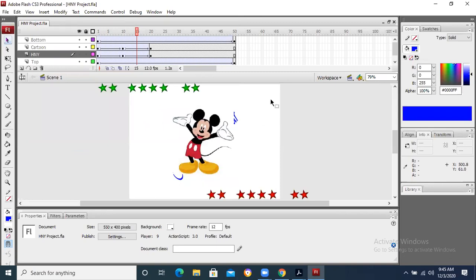You can try your own, try a good design of borders, take some object, any character, even your photo with the white background. Otherwise you will have to remove the background in Adobe Photoshop. You can design a Happy New Year poster just like this animated poster, and then you can publish it on social media, on Facebook or Google Plus, so that people will see and like it, and you have wished in a different way by making an animation.